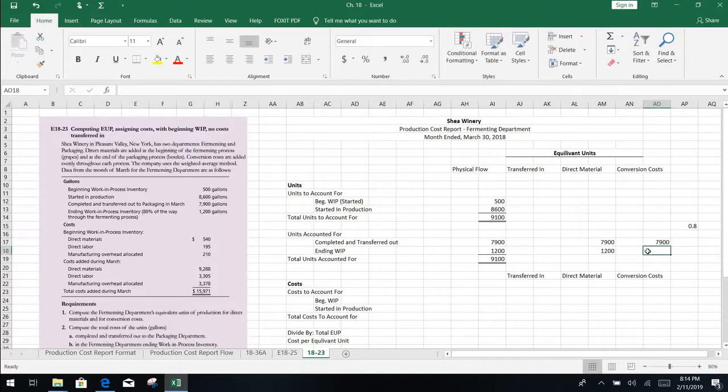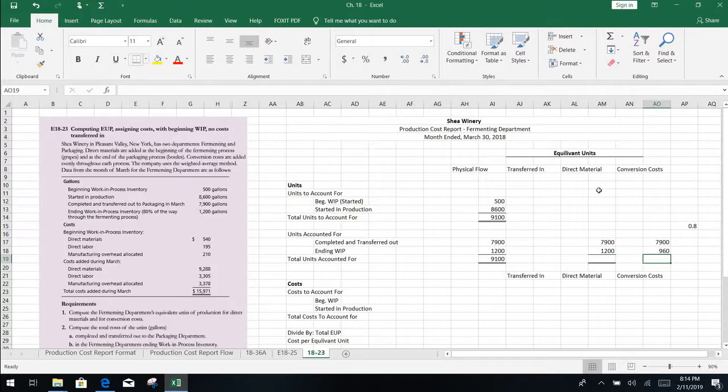This value equals 80% multiplied times what we have in our work in process. Enter, and we get 960. And obviously we need to format the cells. So click there